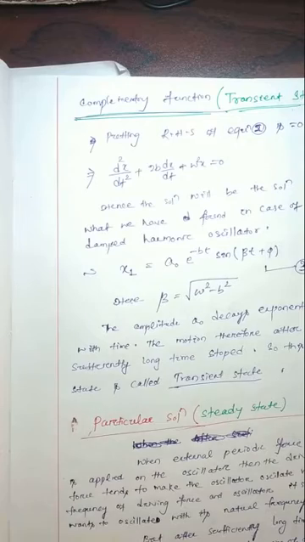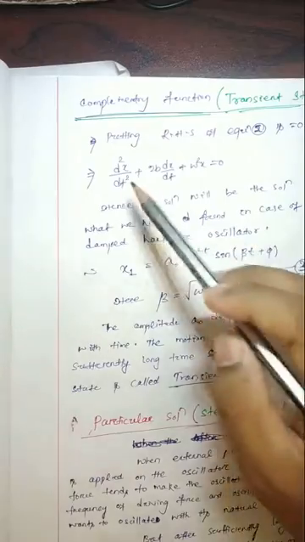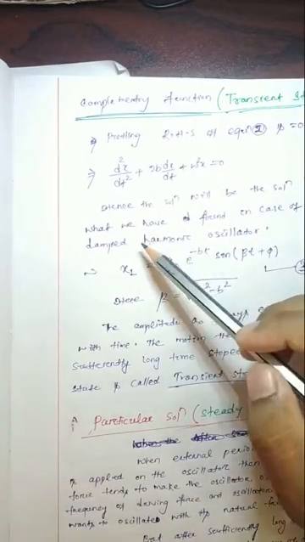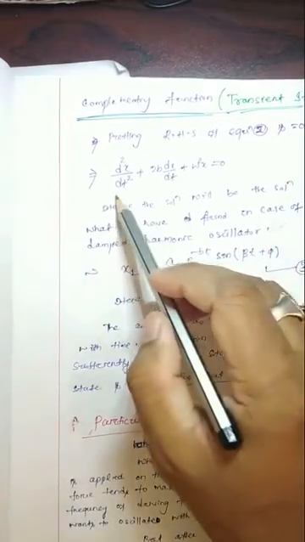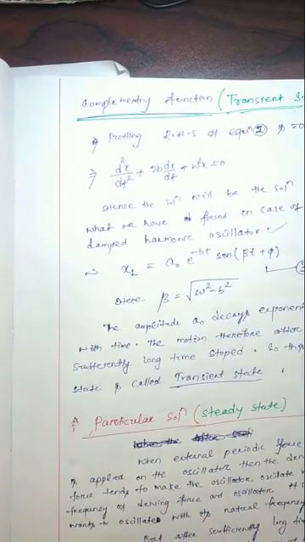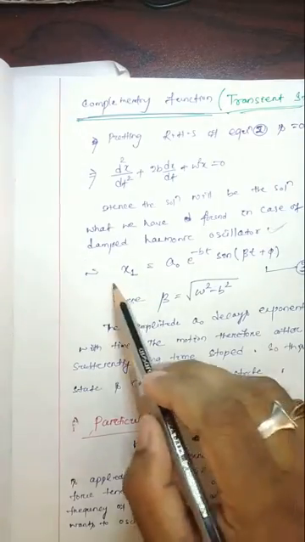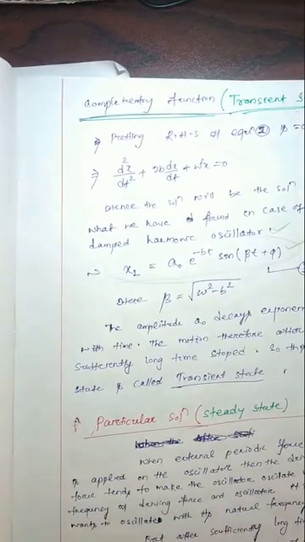Putting the RHS of equation number 2 as zero, we can find the two roots, and hence the solution will be the same as what we found in the case of the damped harmonic oscillator, because this equation is nothing but the so-called damped harmonic oscillator. We have already discussed and solved all of this, so there is no need to solve it once again. Here beta is the square root of omega square minus b square, and the amplitude a0